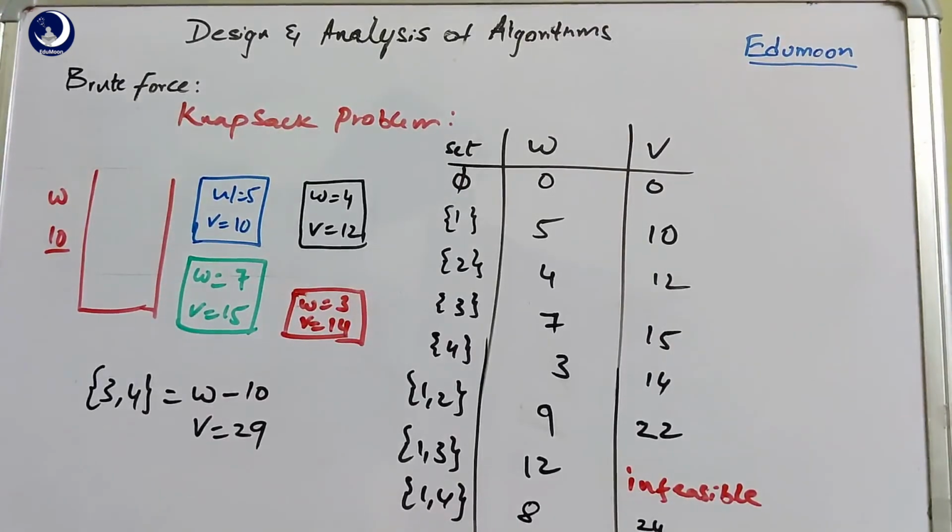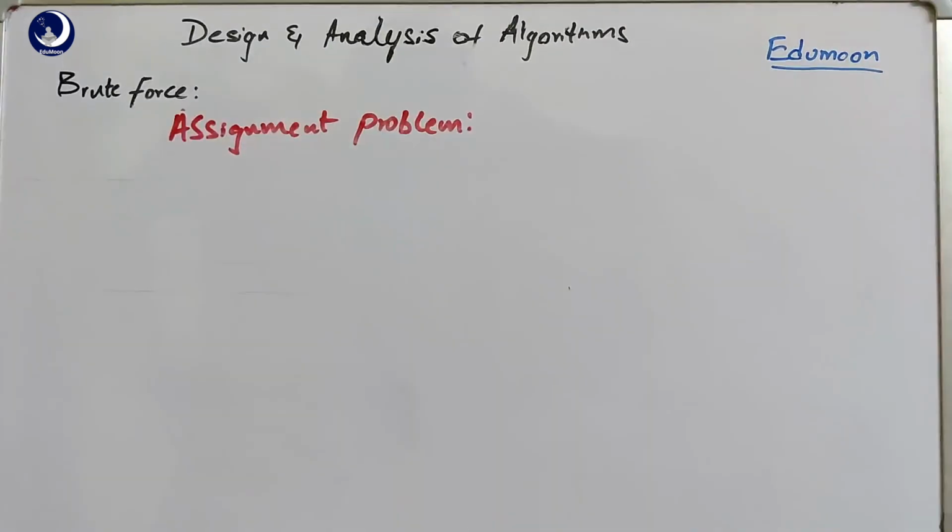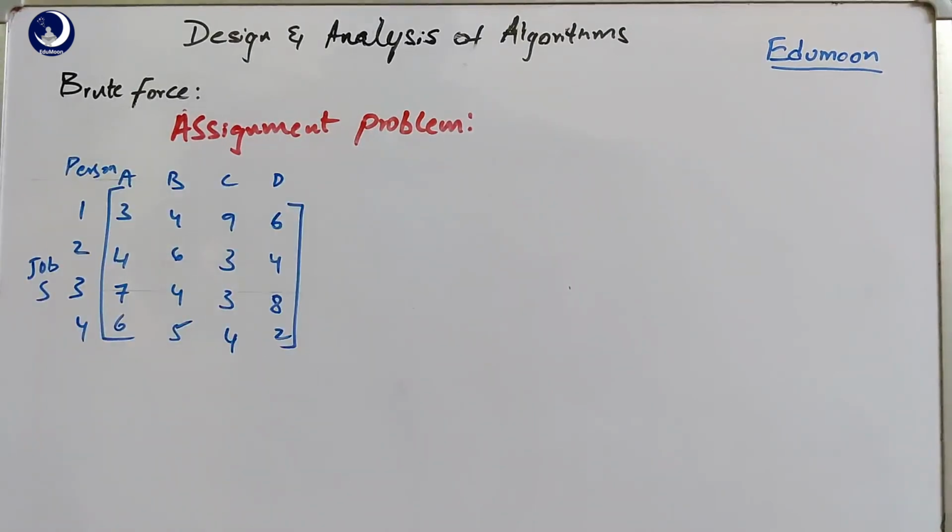So the last problem in the exhaustive search is the assignment problem. The assignment problem is nothing but this: there are, for example, n jobs and n persons, and each person is capable of doing all the jobs, but at different times. When the input is given as a matrix, let us take an example with 4 persons and 4 jobs as shown in the diagram here. In the diagram you can see that the matrix contains the persons A, B, C, D and the jobs 1, 2, 3, 4. So there are 4 jobs and 4 persons, and each person is capable of doing all the jobs.